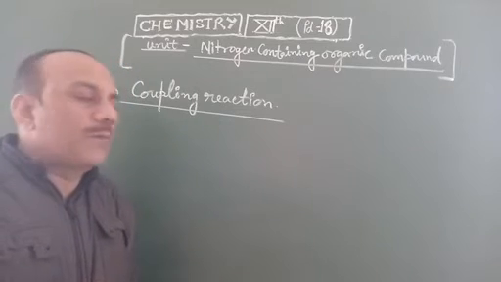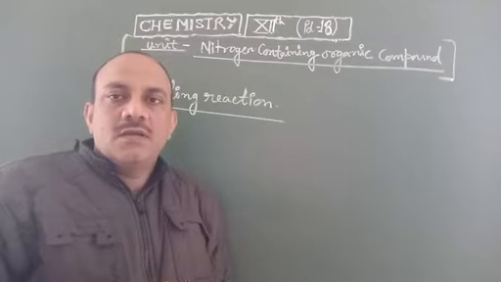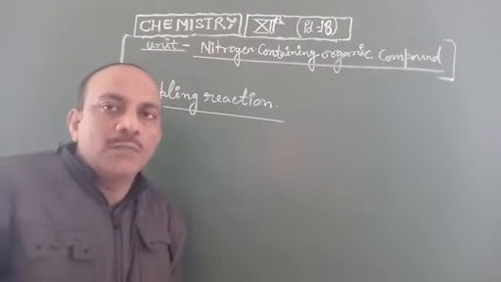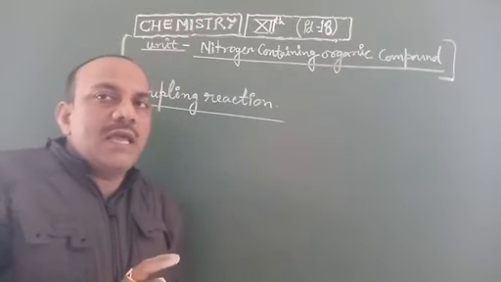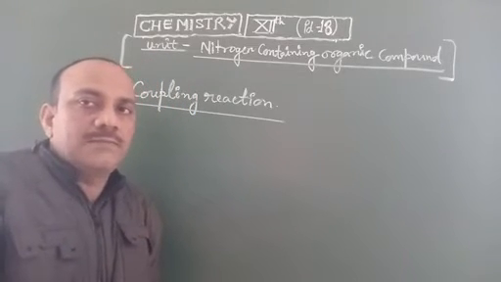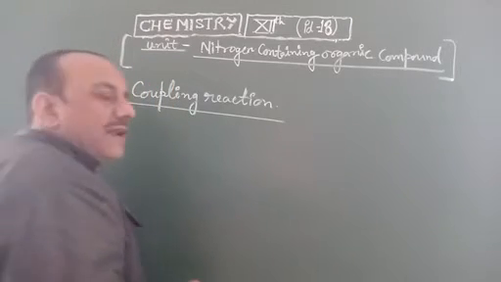The molecular formula of phenol is C6H5OH, with NaOH or caustic soda, to form para-hydroxyazobenzene. It provides red color. So its formula is given as